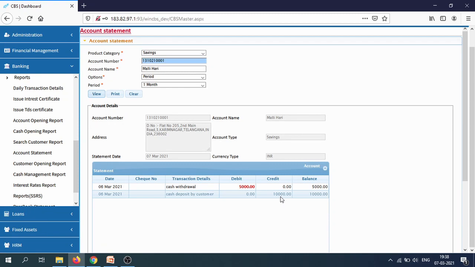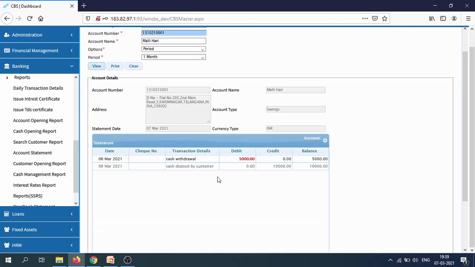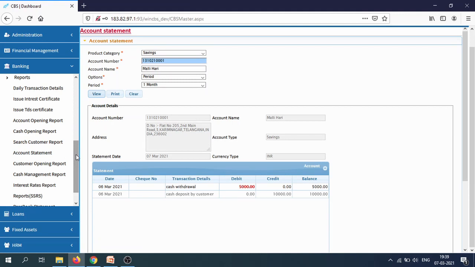So 10,000 is cash deposited, 5,000 debited. Now the balance is 5,000 rupees. So this is the account statement. Now today we have successfully created a joint account with two customers and maker checker, one cash deposit and cash withdrawal for a new account.